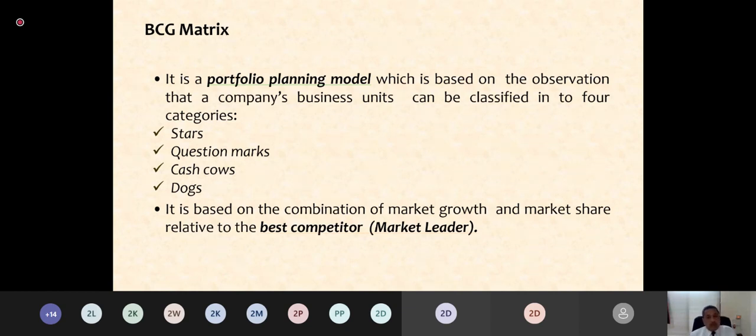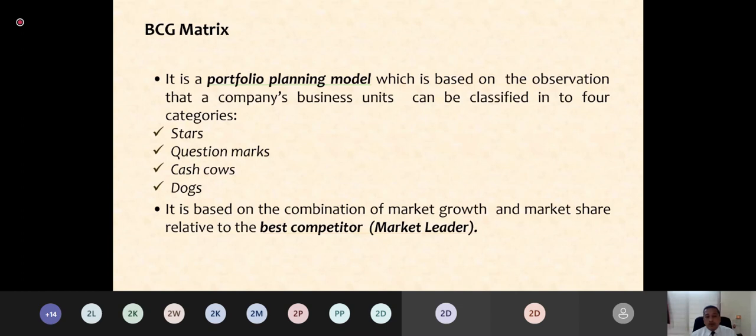So this categorization which we are making, that is stars, question marks, cash cows, and dogs. How we say a particular business unit is a star or is it a cash cow? It is based on the combination of market growth and market share. So here these two terms which we have discussed now, that is market growth and market share, that we'll have to use. So we'll have to see the market growth and market share, and thereby we will categorize the different business units or product lines into these four categories